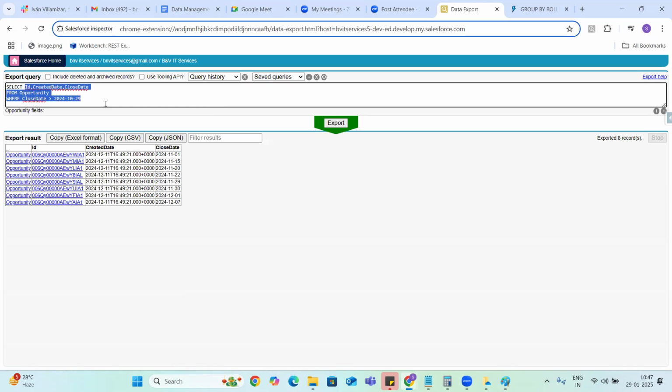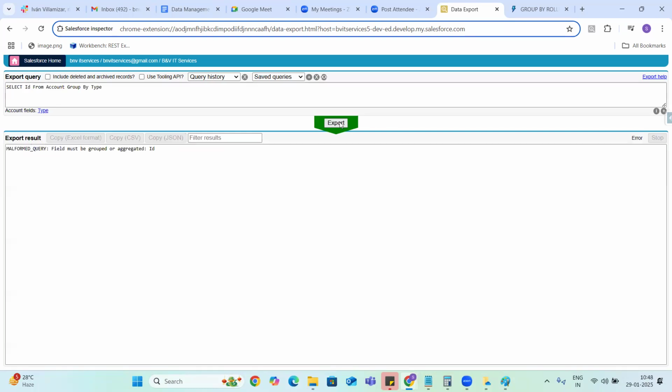Select ID from Account group by Type. My requirement here is to see the different types of accounts and how many records are present for each type. If I write simply like this, we'll get an error saying that the field must be grouped or aggregated.